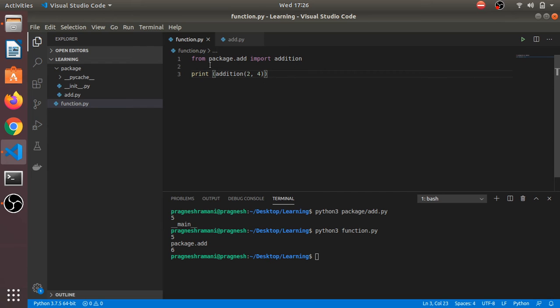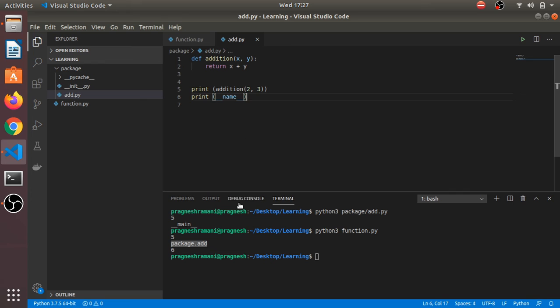Whenever I am running this function.py file, at that time the __name__ variable gives me the output as package.add. And if I am running this add.py file itself, like running the current file, then it gives me __main__.